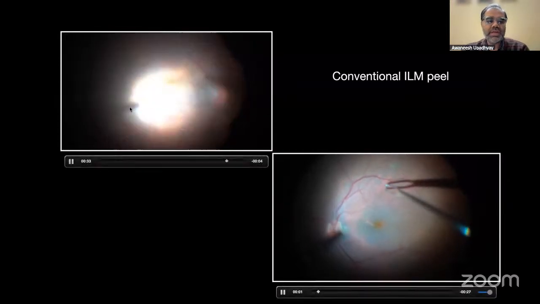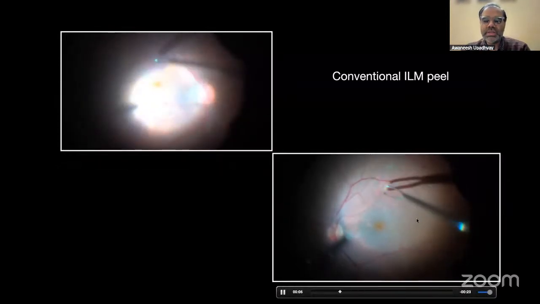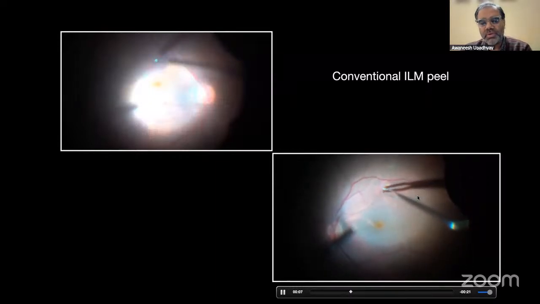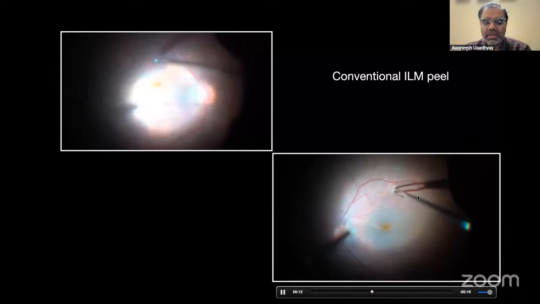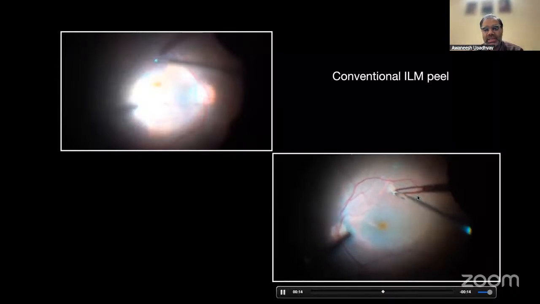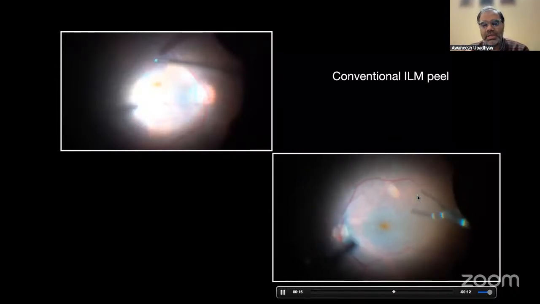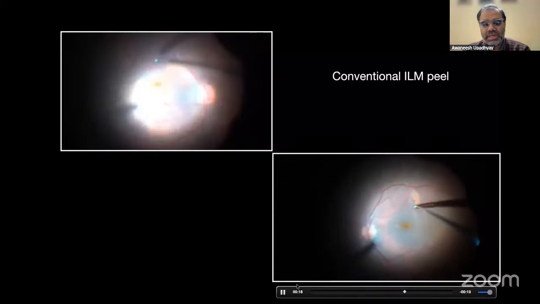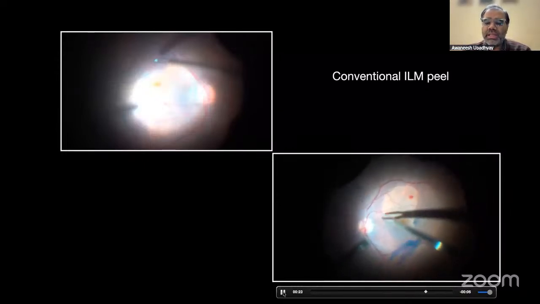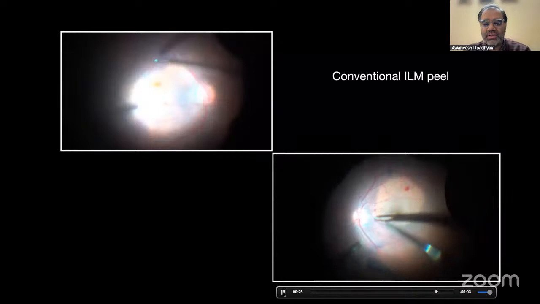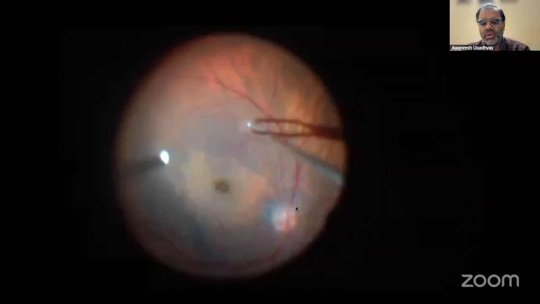The second video is actually the conventional one. So what I do is I go near the blood vessel. I prefer going there, and my technique for the initial pinch is to pinch it, release it, then grasp, and then peel it. The initial peeling which I tend to do here is not the radial one. I prefer doing a bit more tangential one. And then once that thing is done, I tend to wait for a second or two